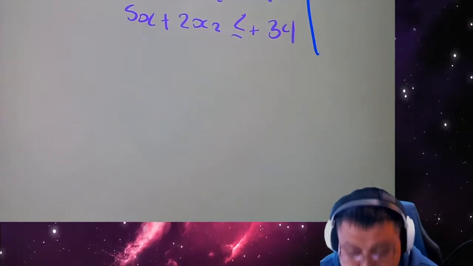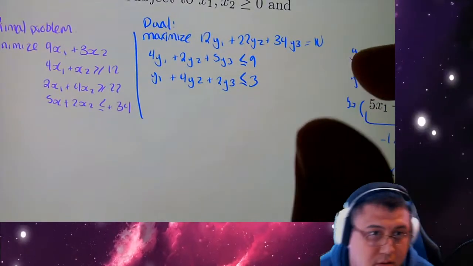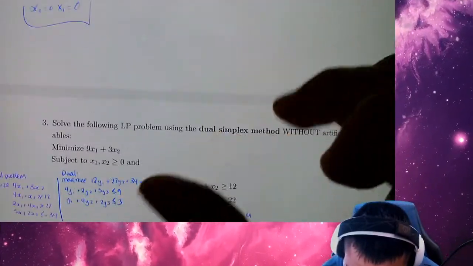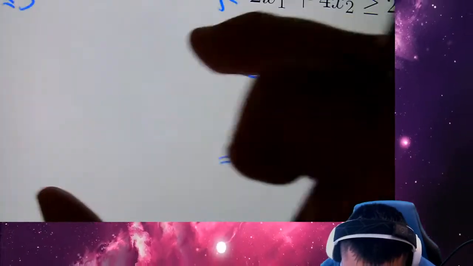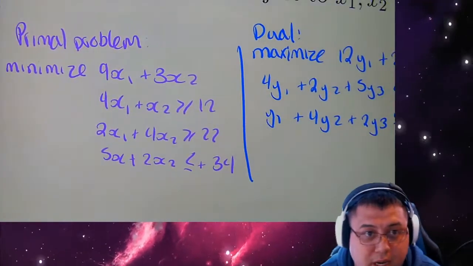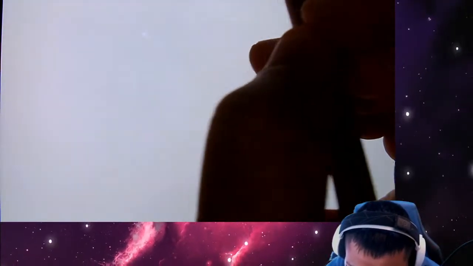Okay, so for this one, okay, we have our primal problem. What we're gonna do is the dual simplex method, which I just learned. Okay, so this one. It's a minimize. So what we want is